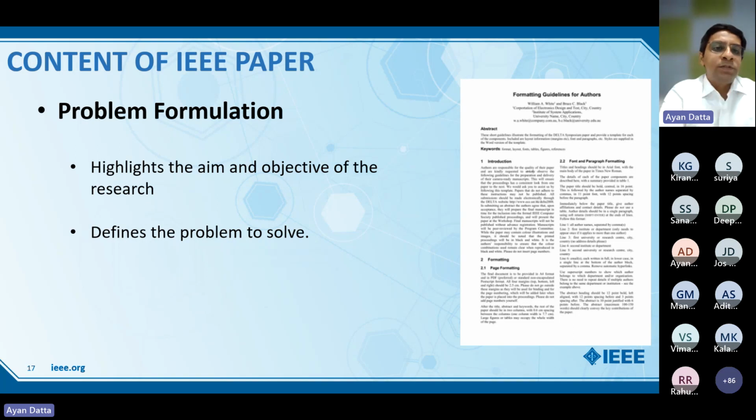The problem statement and the problem formulation should be supported with the results, showing that it is really solving the problem which the author wants to solve. These are the things as a reviewer you need to check. So understanding the problem formulation section is very, very important. And as a reviewer, you need to keep in mind that the aims, objective, and the problem statement are very